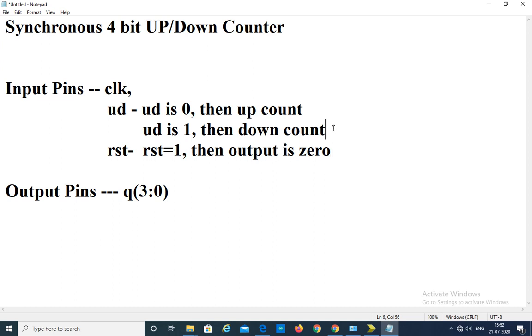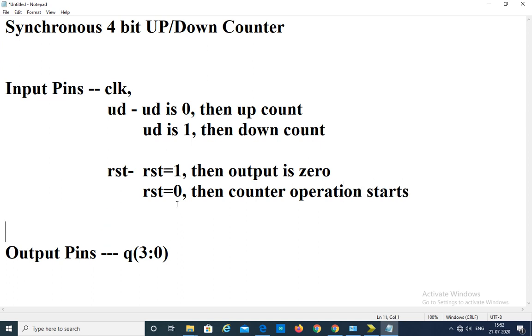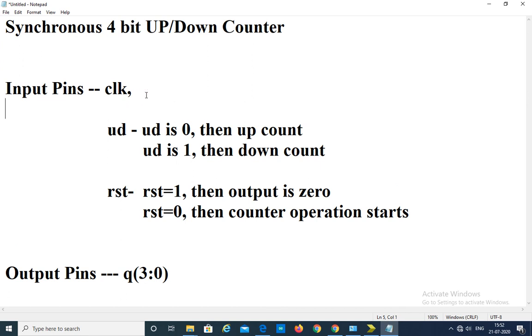If reset pin is equal to 0, then the counter operation is performed. If reset is equal to 1, the counter output immediately becomes 0. If reset is equal to 0, then only the counter operation starts.